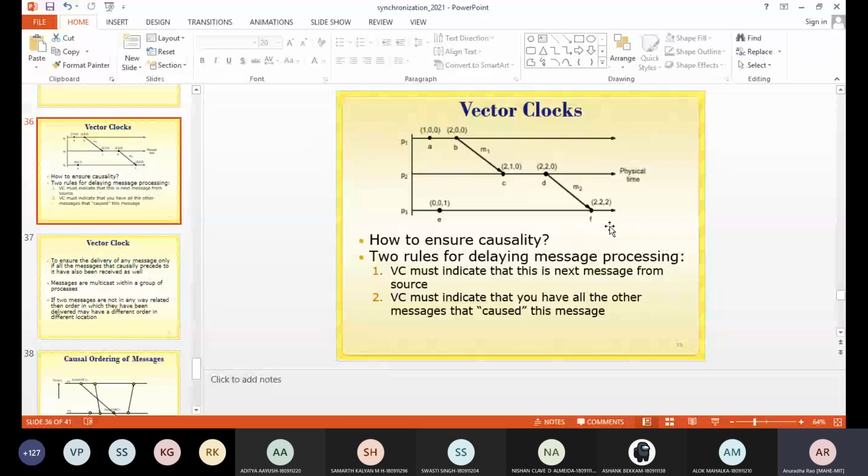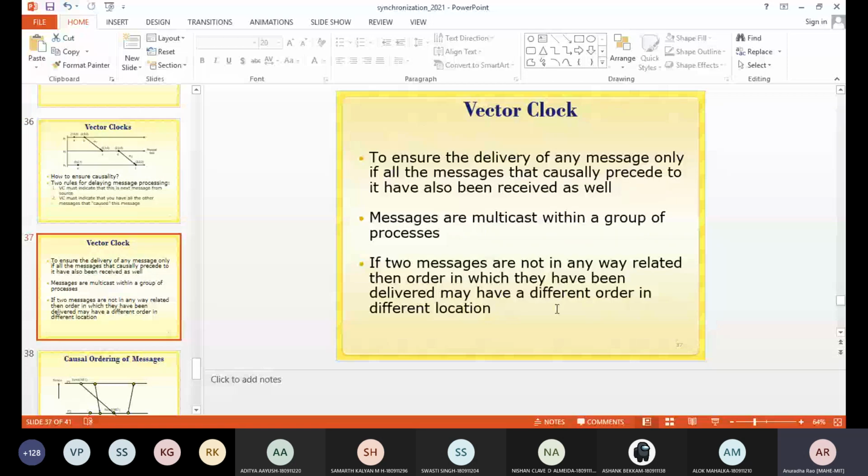The basic two rules for delaying the message for processing: the vector clock must indicate that this is the next message from the source, and it must indicate that you have all other messages that cause this particular message. So to ensure the delivery of any message, all the messages that causally precede it must also have been received.